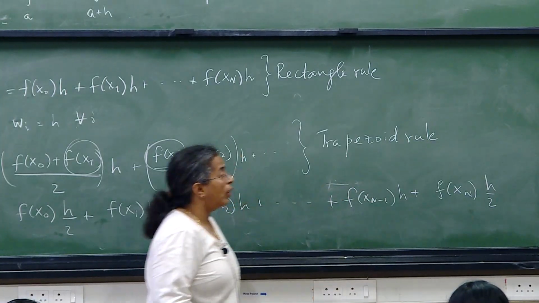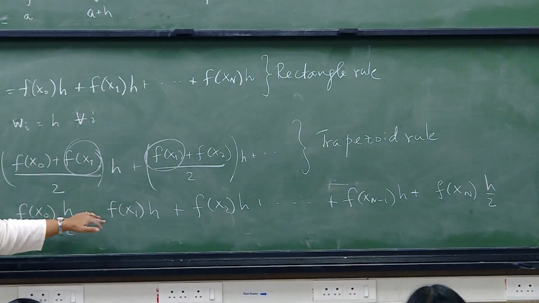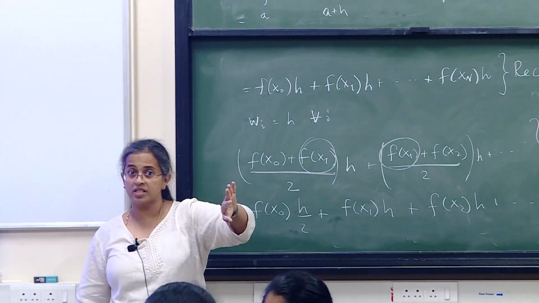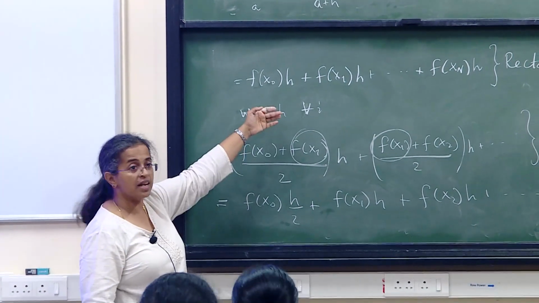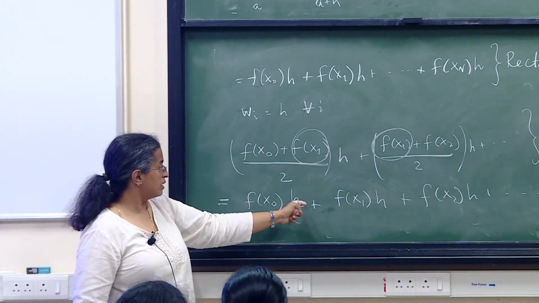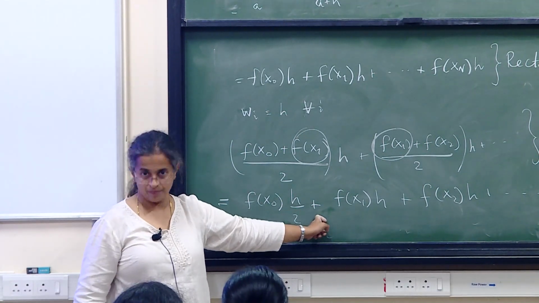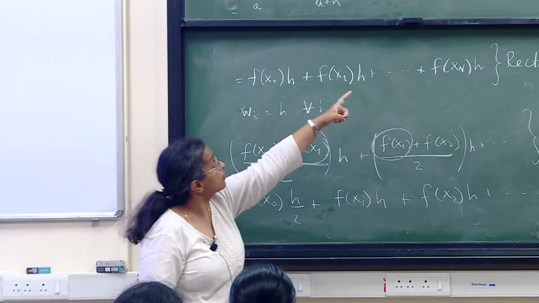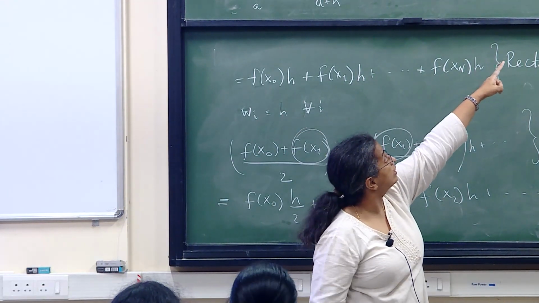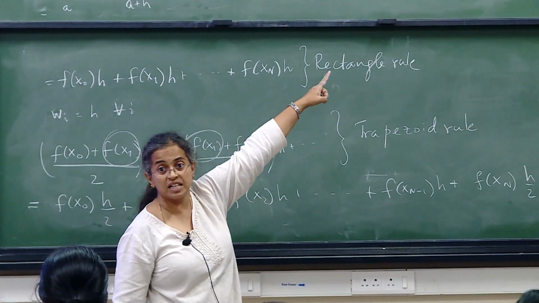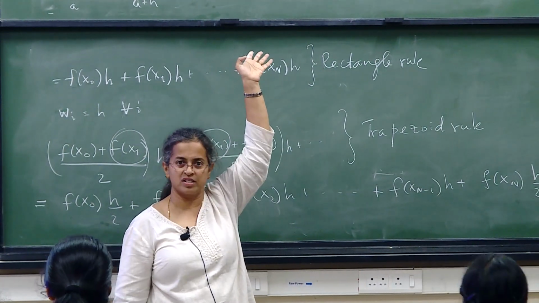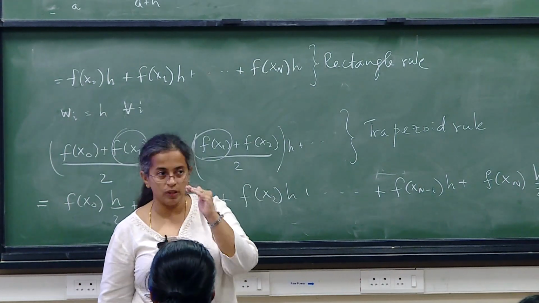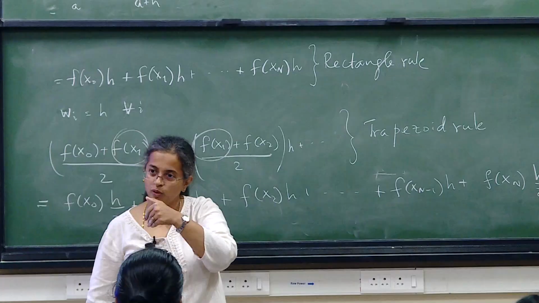Now again, because you have done an integral and you are going to have a finite h, in other words, you are not going to take this h to 0 or n to infinity, there is an error which will come from this. The error is going to be one order of magnitude better in the trapezoid rule compared to that, because after all, you have approximated the function as a straight line, whereas in rectangle rule, it's only a constant. So it has to do that much worse. That's obvious. And as you keep decreasing h, you will improve your algorithm, but you will come into round off.